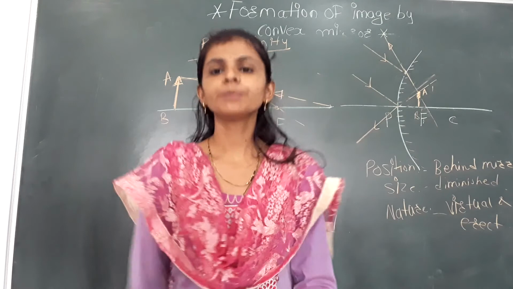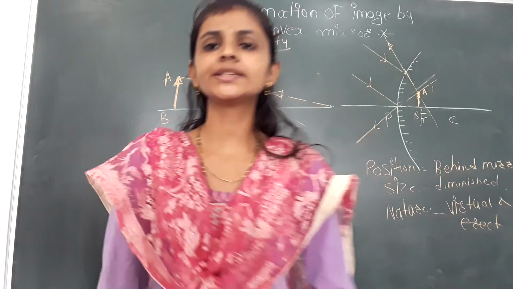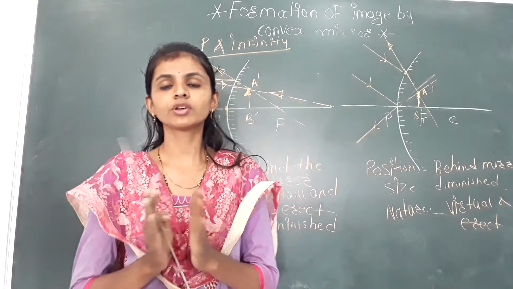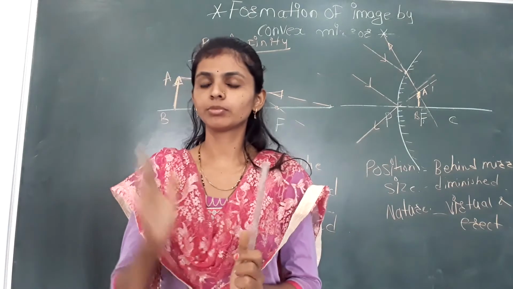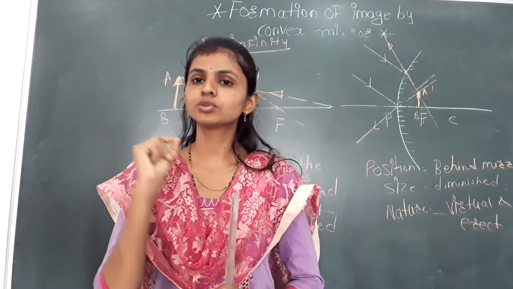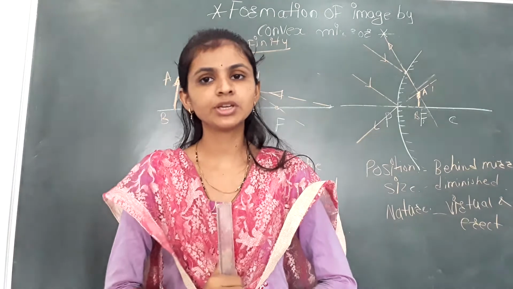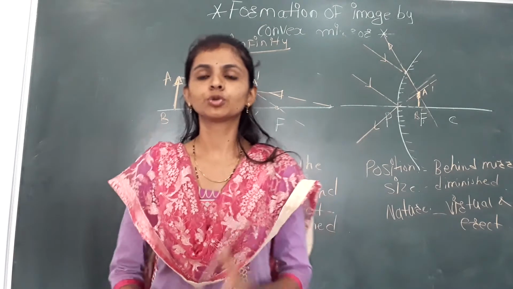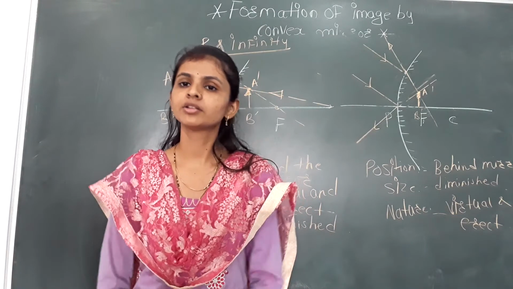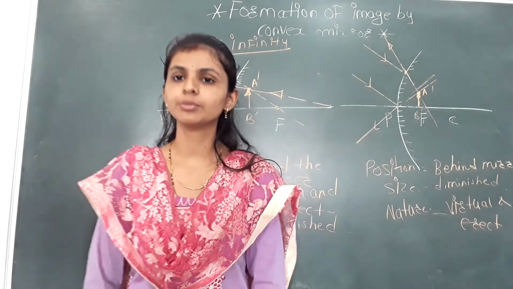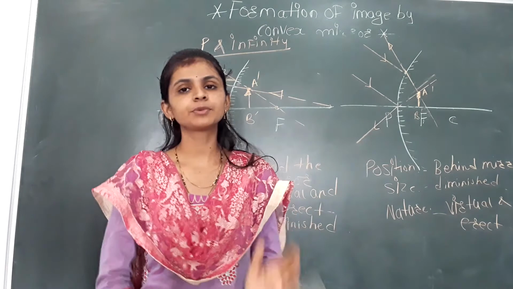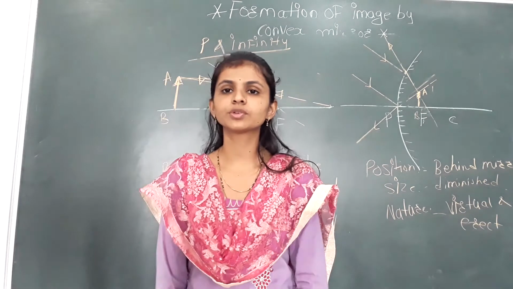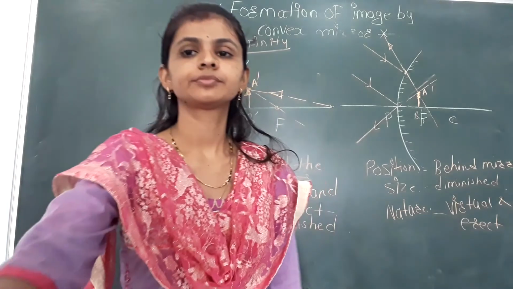Okay students, here it is very easy to keep in mind the image formation by using the convex mirror, because in both the cases the image is virtual and erect, it is diminished, and it is behind the mirror. So just keep in mind both the cases related to the convex mirror. I hope the concept related to the concave and convex mirror is clear now. You are having no doubts with that.